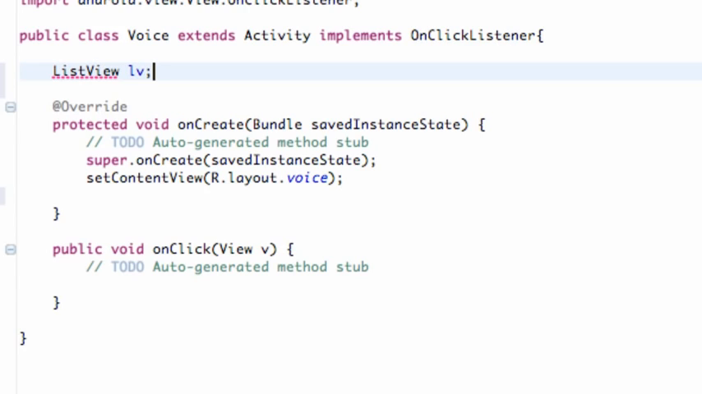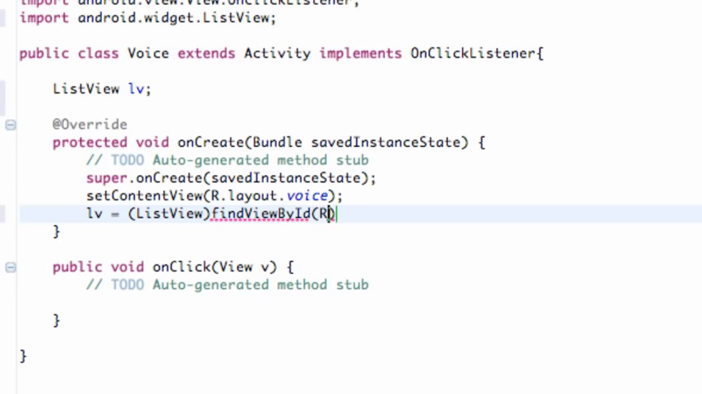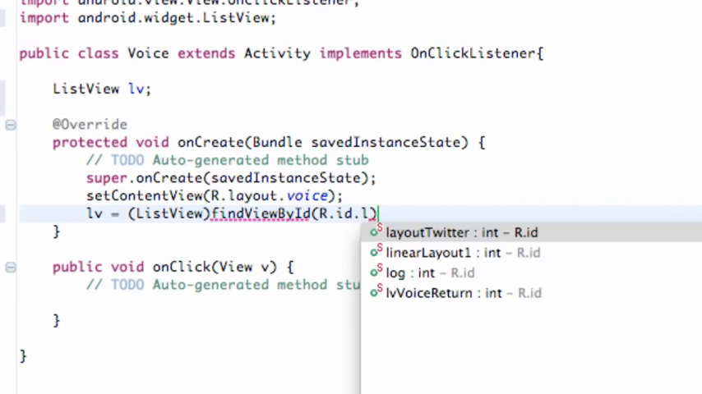LV, add our imports, and there we go. We're also going to set up our list view to have that reference bridge or whatever. Find view by ID, R.id.listView voice,